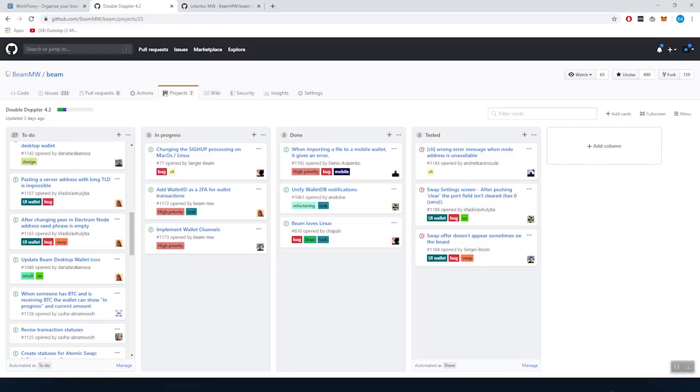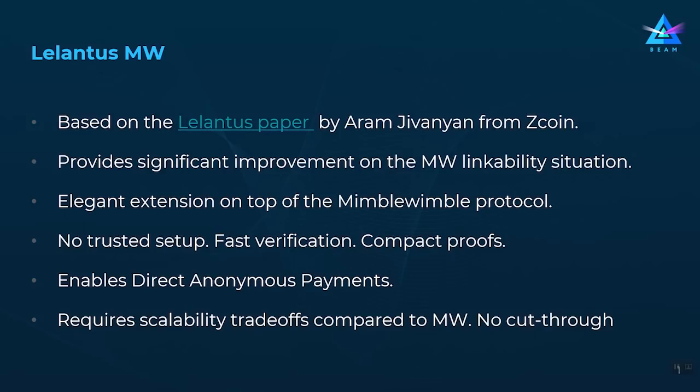So now let's dive in depth into the Lelantus protocol and talk about what it is, what it means, and what it can do for Beam. Lelantus is a new protocol for confidential transfer of value, originally developed by Aram Jivanyan from Zcoin. It was adapted by Beam to work with the Mimblewimble and is basically an elegant extension on top of the existing Mimblewimble design. It allows us to solve the linkability problem that I will explain in the next few